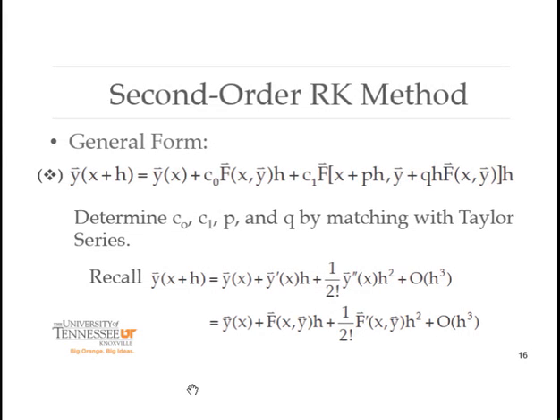Now moving on from Euler's method, we're going to look at a more general form for what we call a second order Runge-Kutta method. And in this slide, we have the representation of the general form as indicated here. You'll notice that in this vector representation, again, y is represented as a multidimensional vector at position x plus h, which can be obtained from the current position plus the following right-hand side